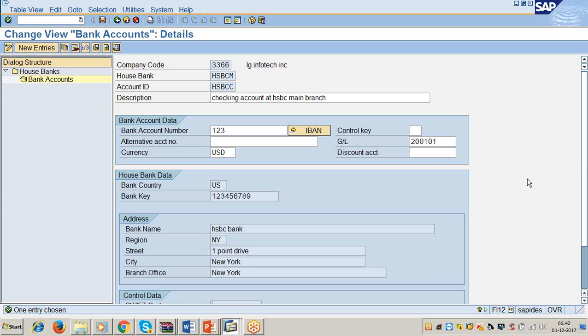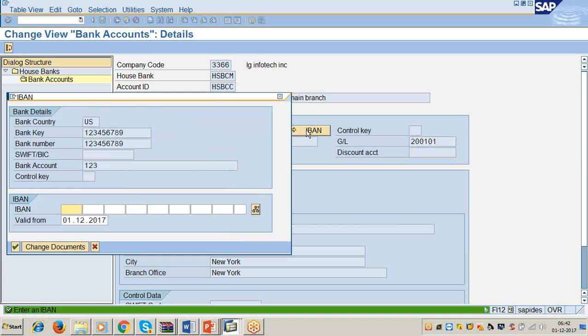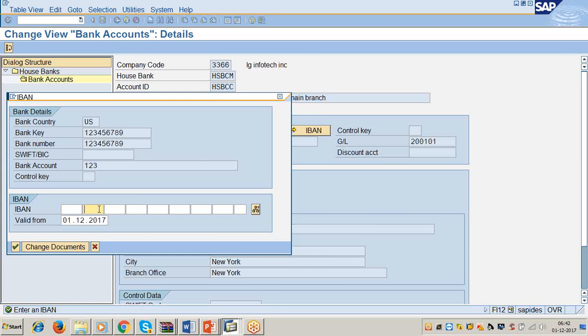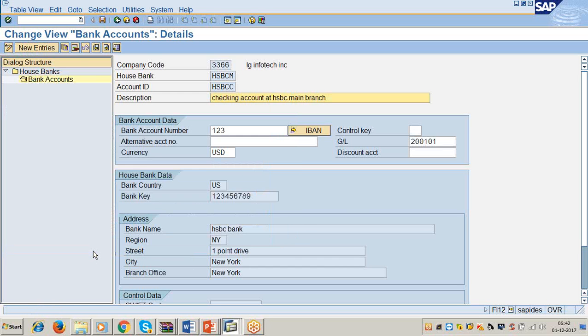Okay. So here, if you want to enter the IBAN number, you just click on maintain IBAN. Then that IBAN number can be maintained here. Technically, it contains a number of digits. Every digit has its own function. But that is not our concern.